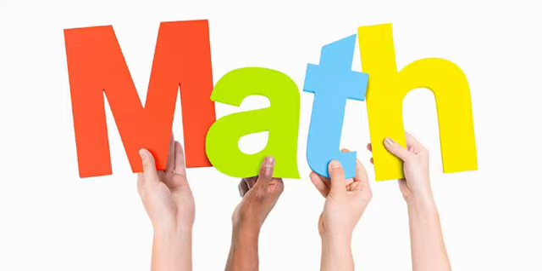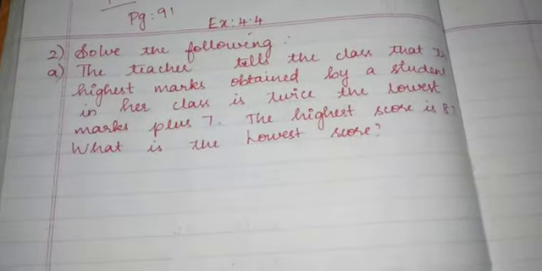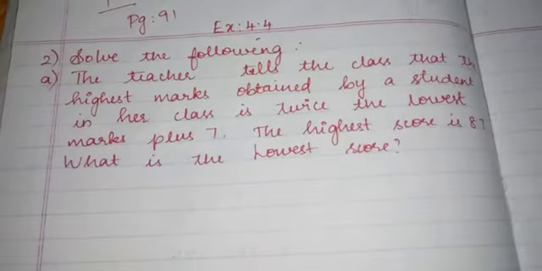Most probably there are two types of solving an equation. One is the balancing method and another is the transposing method. But we'll usually use the transposing method to solve an equation. So in the second problem also, the same way, we are going to frame the equation from the given statement, then we are going to solve it. I hope you all have taken page number 91, children, and you can refer to your textbooks for the question.